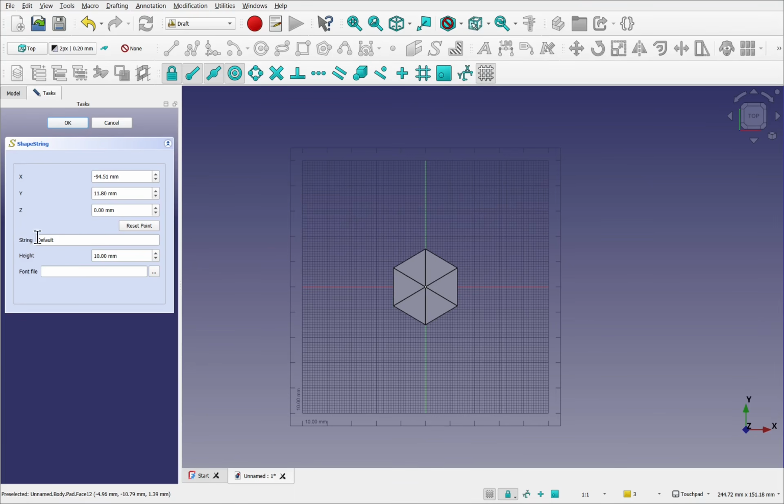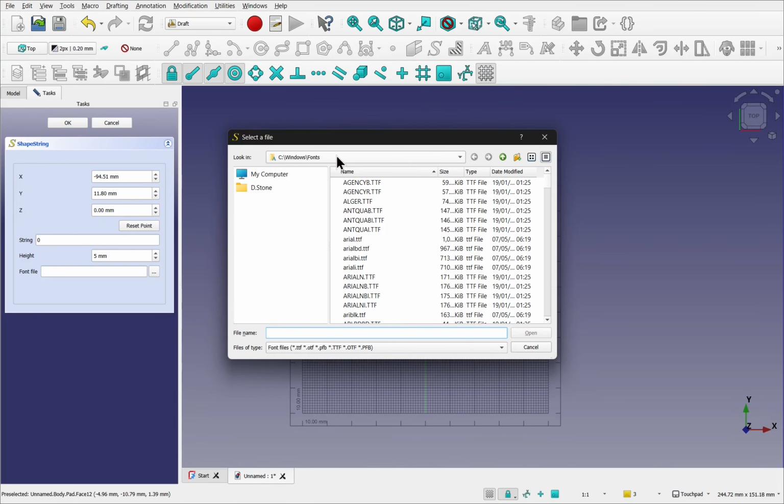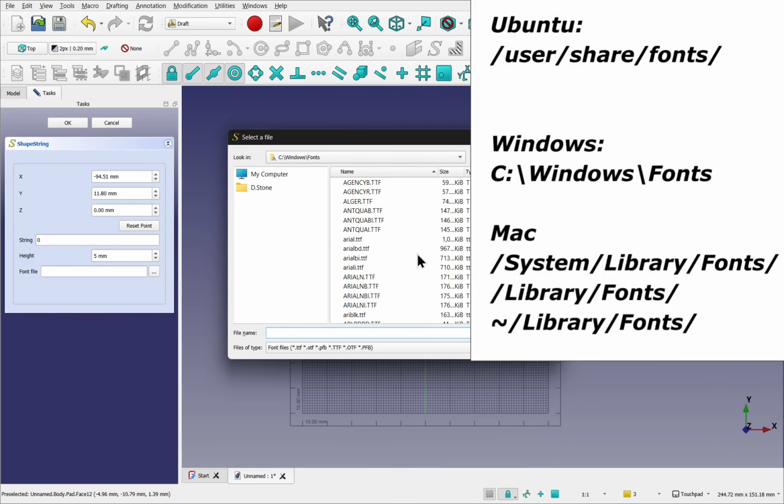Let's use the string and place our string in here. I'm going to put the number 0 in here. The height is going to be the height of the text, and we'll set that to 5. The font file, we click on that. We need to go to C:\Windows\Fonts if you're on Windows. From here we select the font,